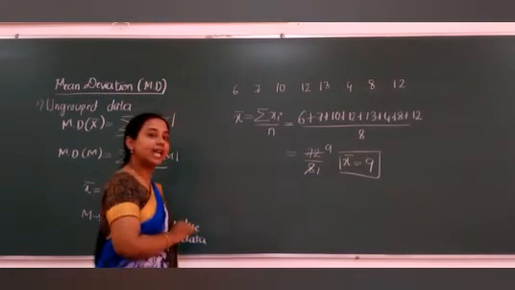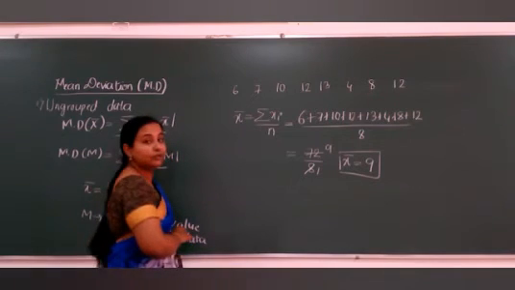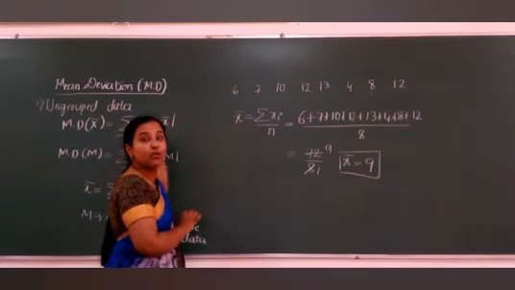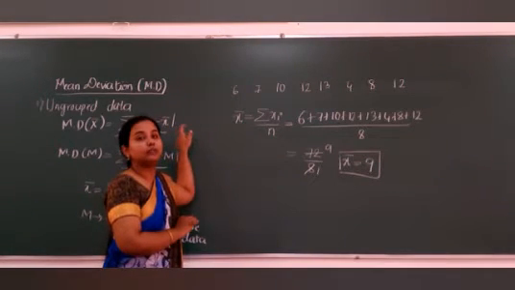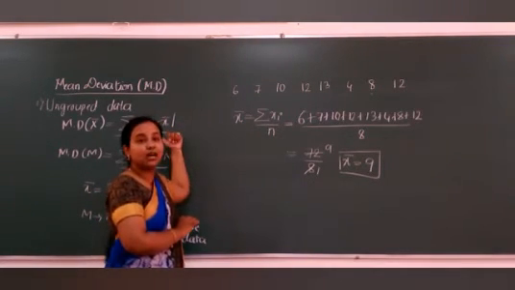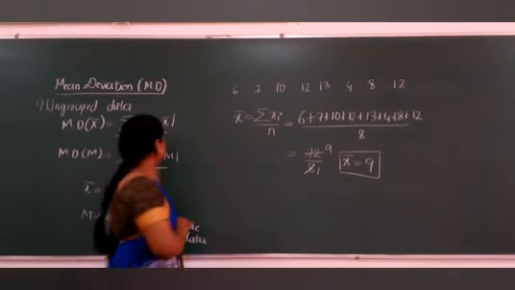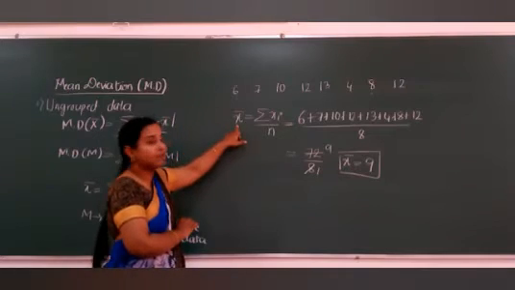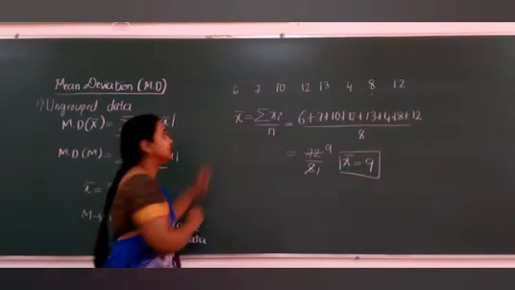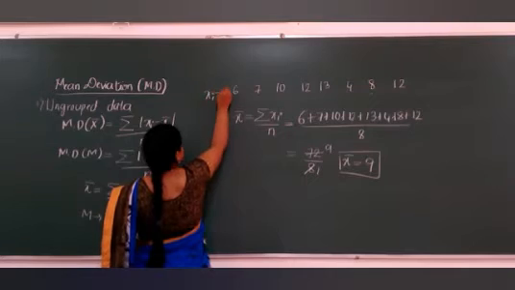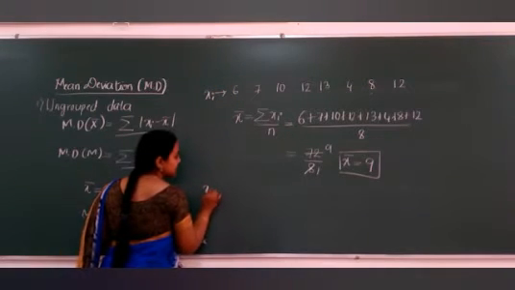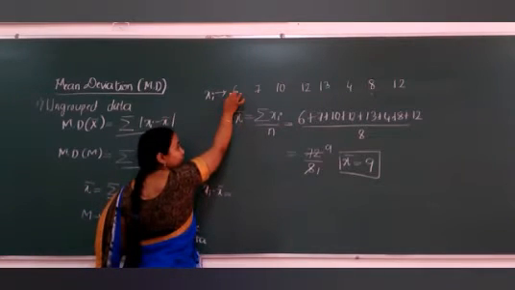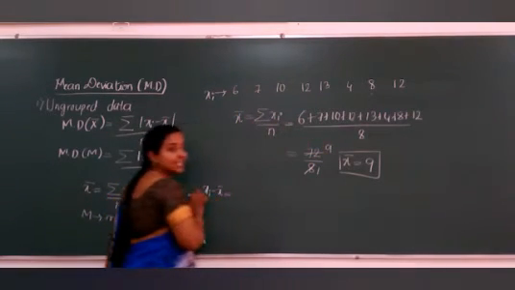Let us go to our next step. Always your next step depends upon the formula. What is known? Well and fine. Whatever is not known, what you have to do? You have to calculate it and then use the formula. So what do we need? We need xi minus x bar. Right. So now x bar we know. Xi's also are there. These are xi's. So now let us calculate xi minus x bar. That is, we will subtract x bar from each term or each value.